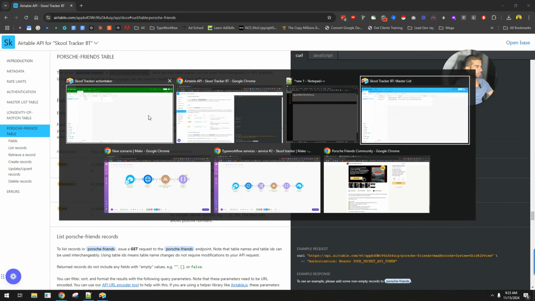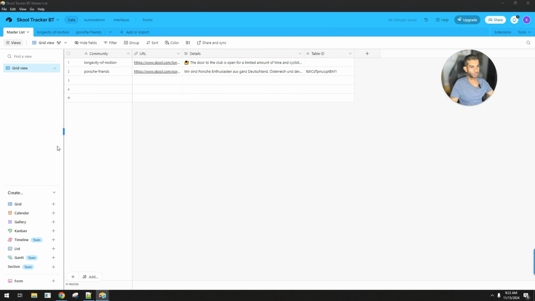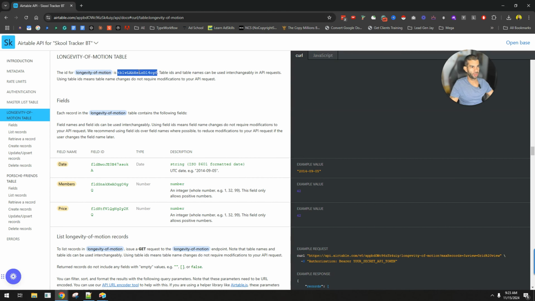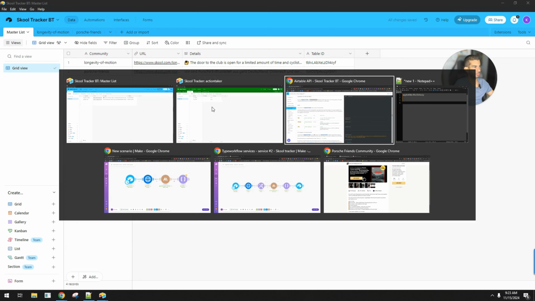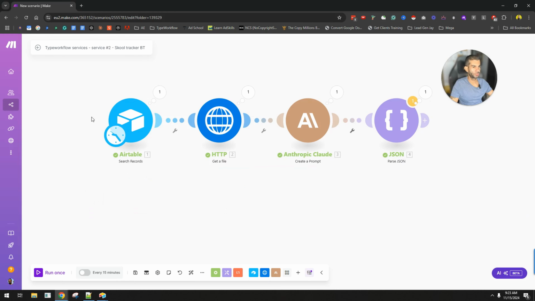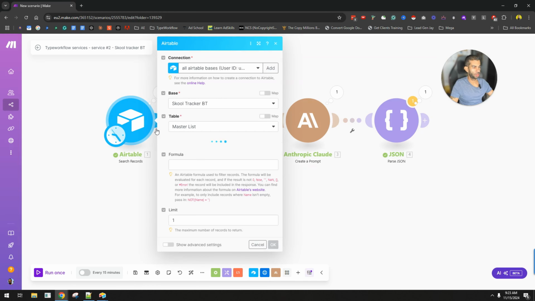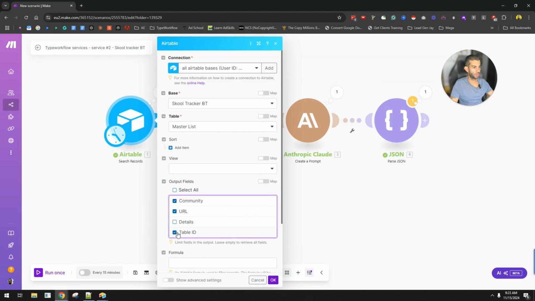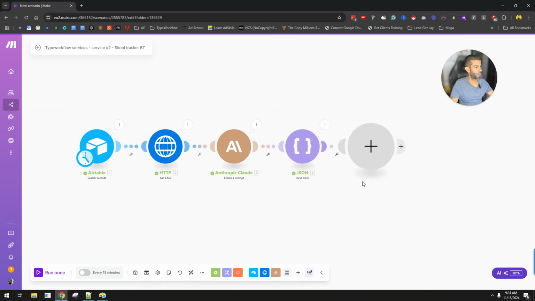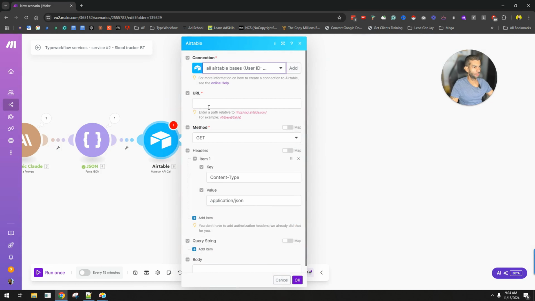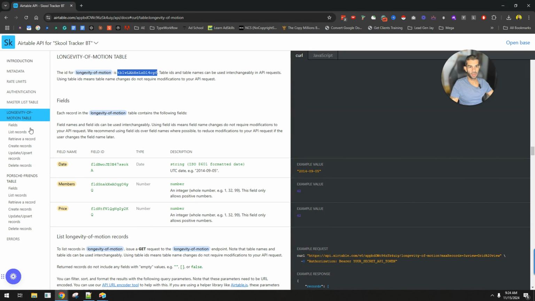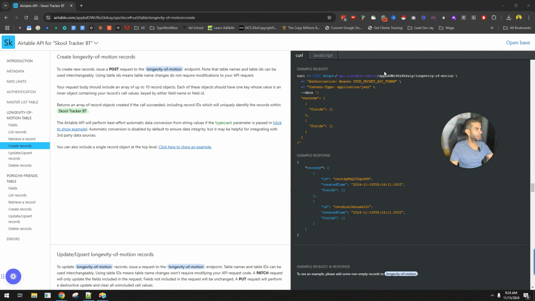So going back here, I know that Porsche friends has this table ID, and longevity of motion has this table ID. So now if I go back to my Make scenario and I reconfigure this, I can grab the table ID as well, which means that over here, I can then do an API call to my database. So here it says enter path relative to that. And if I look here at this documentation, I know that to create a record, I need to use this